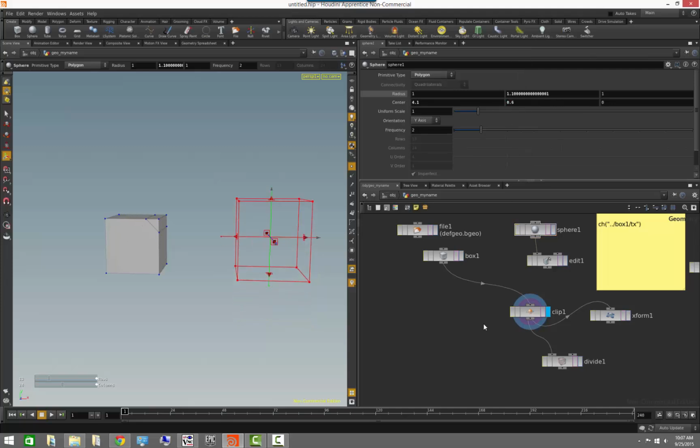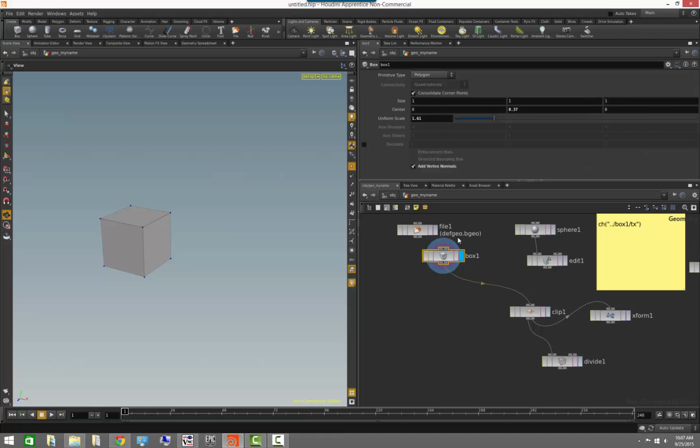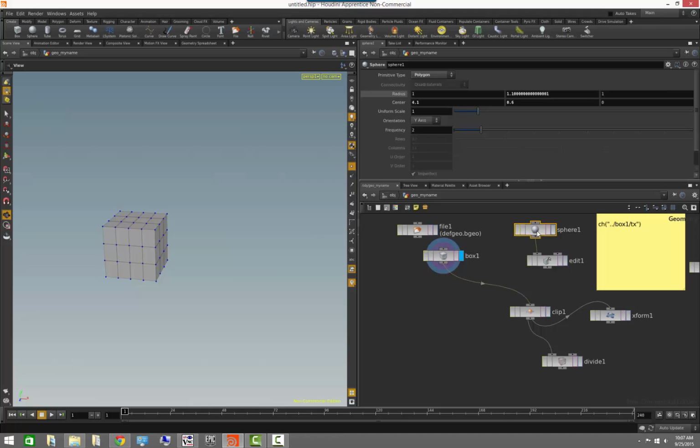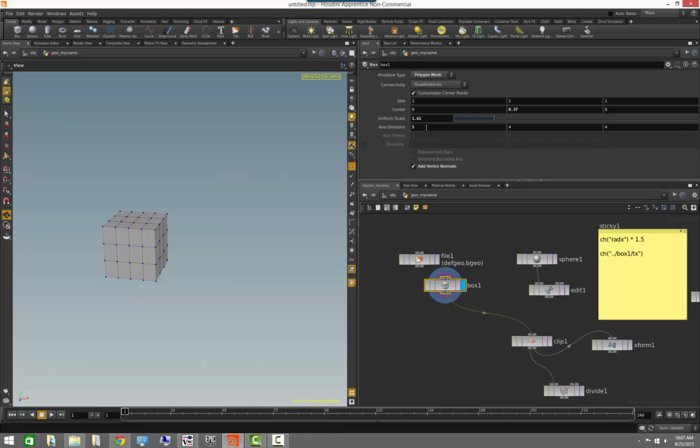Very cool. We can also, if we want, for example, let me just go back here to my bots, and go to polygon mesh, and you notice that I have axis divisions. Say for example, I wanted my axis divisions on the edge to be equal to the sphere's frequency, or actually to the sphere's number of points. So we can do that by simply saying that I want my axis divisions to be the number of points, and